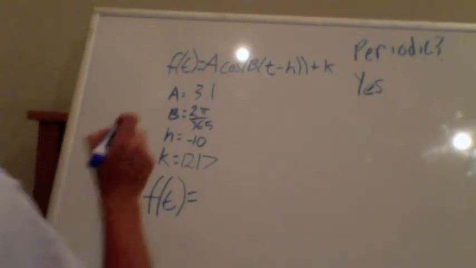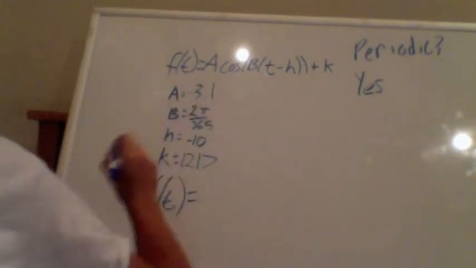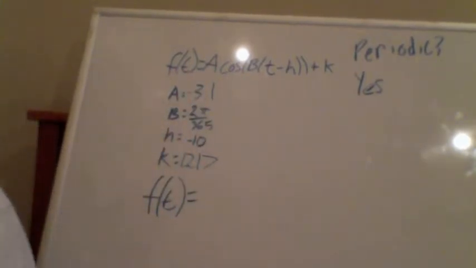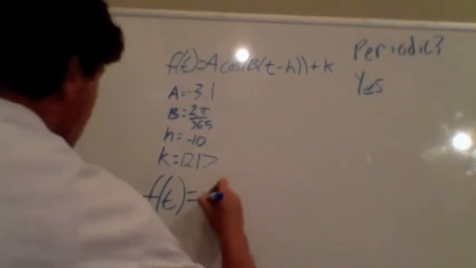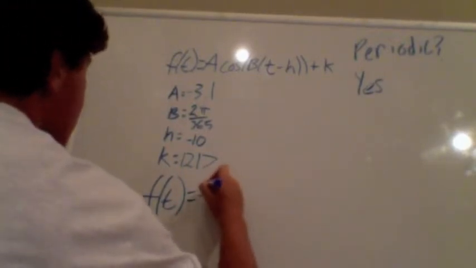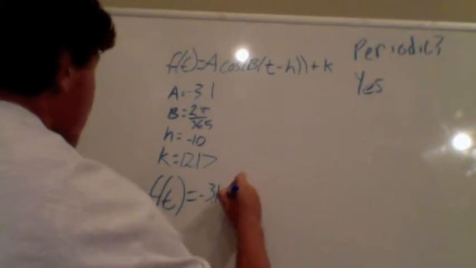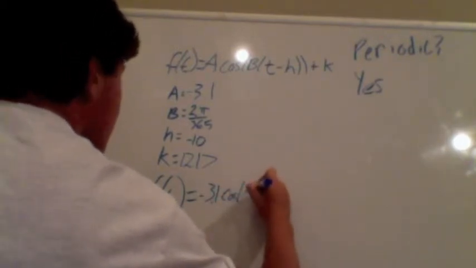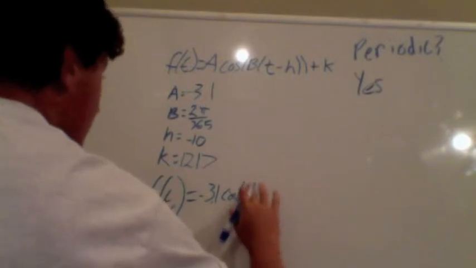And to do this, we just make our a value negative. And since we've already shifted in our h value, we'll start at the first day of the year. So f of t equals negative 3.1 times cosine of 2 pi over 365,